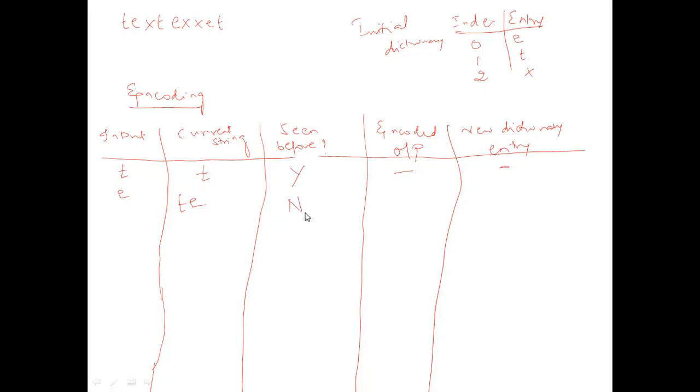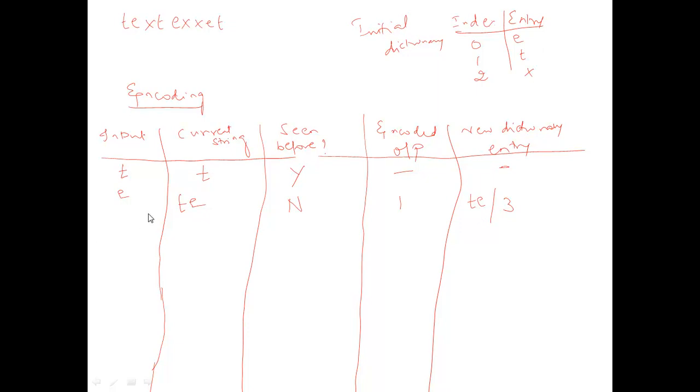Once you are writing no, the encoded output is nothing but the previous unencoded string. So, previously what is not encoded is T. You can see this is the current string, T is not encoded. So, T is taking the index of 1. So, encoded output is 1. And the new dictionary entry is whatever is there in the current string. So, TE is the current string with the index number of 3, because 0, 1, 2 already have entries. Index 3, now the new entry is TE.